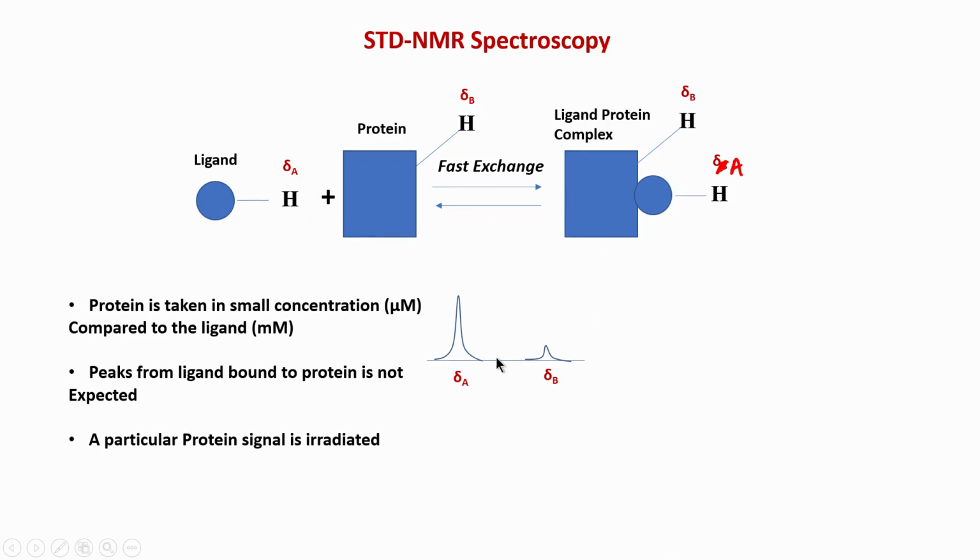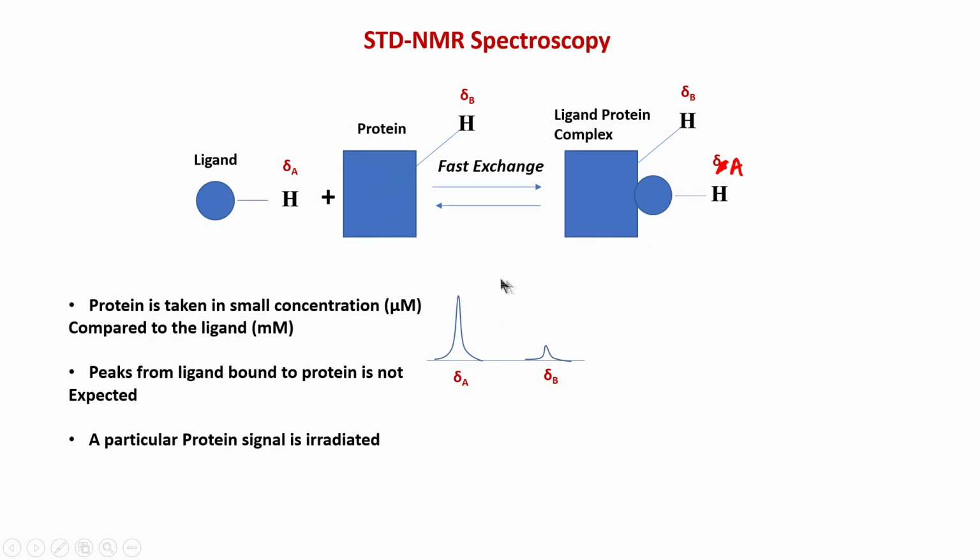Okay. So, what we do is we first record a spectrum of the ligand alone, then we add the protein, and then we get the signal from the protein. This is just a very brief schematic drawing of a case where the ligand signal is separated from the protein. This normally happens all the time, but sometimes it can happen that your ligand signal is overlapped with the protein signal, because the protein has a lot of protons, not just one proton.